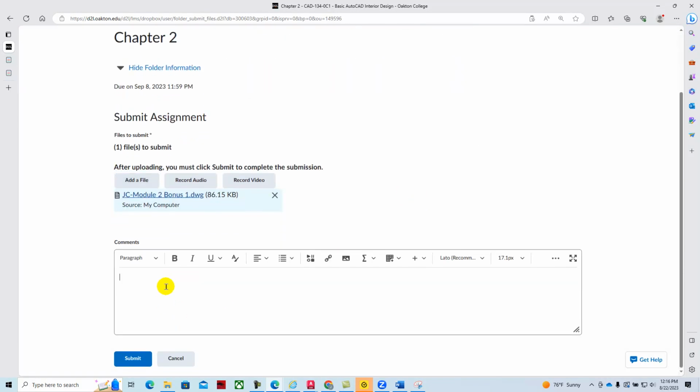You can add a note or a comment. And it's a good way to share content. And so if you have some difficulty with something, you could turn in the assignment saying, I'm having some difficulty with grid and snap. Could you assist me? Here's my drawing. And it allows us to communicate online and share files. And so here I've added my file, put in a little note. I'm going to say submit,